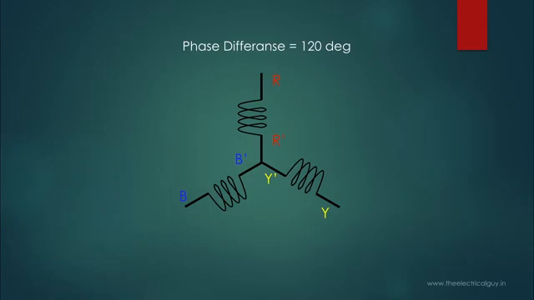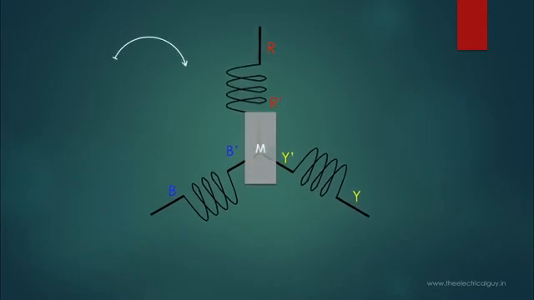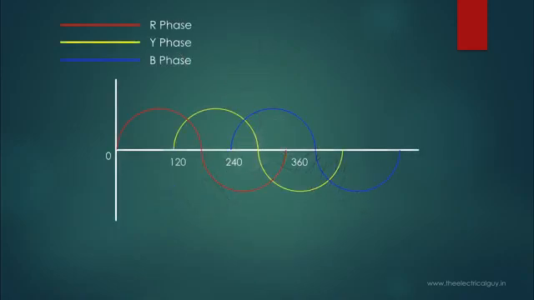Let's say the magnet is rotating in clockwise direction. That means winding Y will reach its peak value first after winding R, and then winding B will have its peak. As you might have guessed correctly, winding Y reached its peak value after the magnet has rotated 120 degrees from its initial position. Similarly, when the magnet has rotated 240 degrees from its initial position, winding B will reach